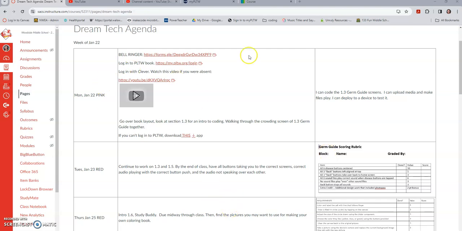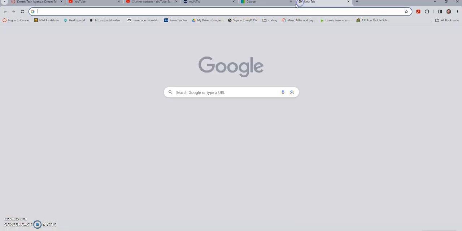All right, so for today, and it will actually carry over into tomorrow or Wednesday based on whether you're a red or white day kid, we are getting started on our first PLTW app. If you couldn't get into PLTW by watching this video, you could have just downloaded the app here. But once you have it downloaded, no matter whether you got it from PLTW or from Canvas, you're going to log into your App Inventor,